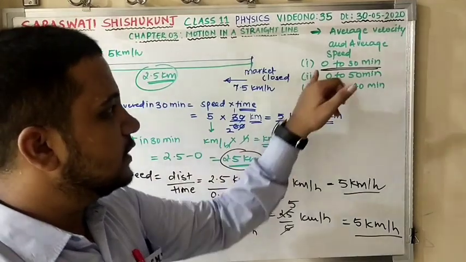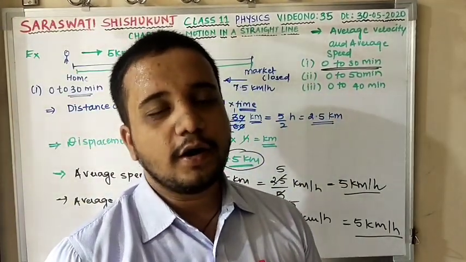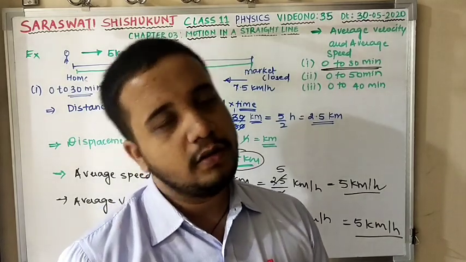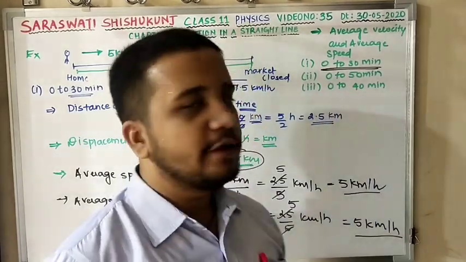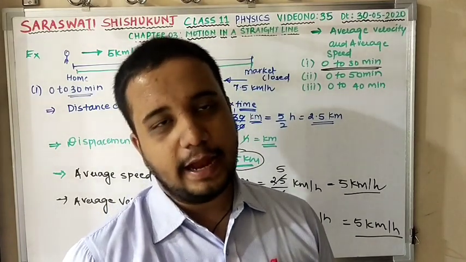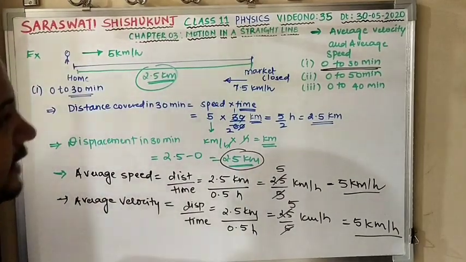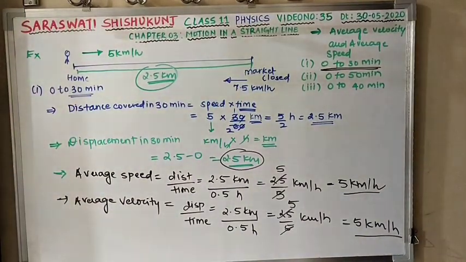First, I will calculate for 0 to 50 minutes. 0 to 40 minutes, that you have to do by yourself in order to know whether you get the numericals very well or not. I will solve for 0 to 50 minutes. For 0 to 40 minutes, you have to solve by yourself in order to practice at home. Clear? Now moving to the next, that is the 0 to 50 minutes slot.